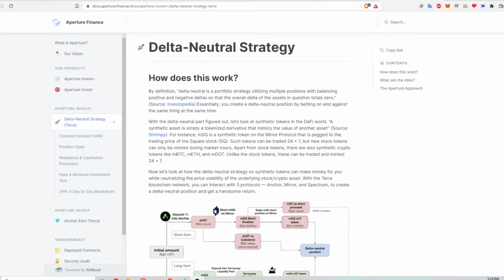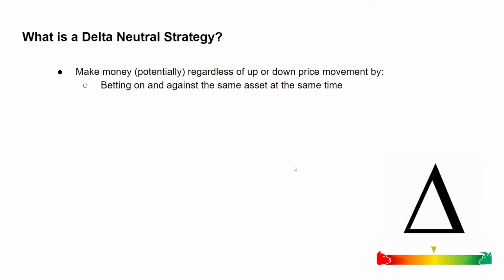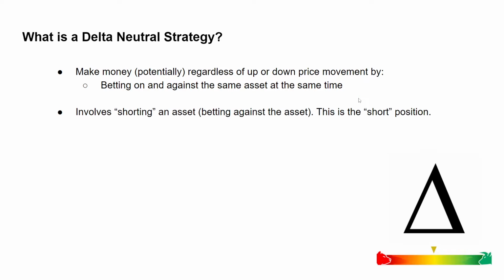Alright, let's get started. So what exactly is a delta neutral strategy? In plain and simple terms, it's a strategy that makes money, potentially, regardless of upward or downward price movement of some underlying asset. That can be done by having positions that bet on and against the same asset at the same time. So in a delta neutral strategy, there is always some type of asset that I am